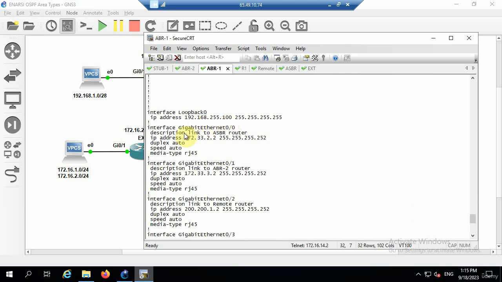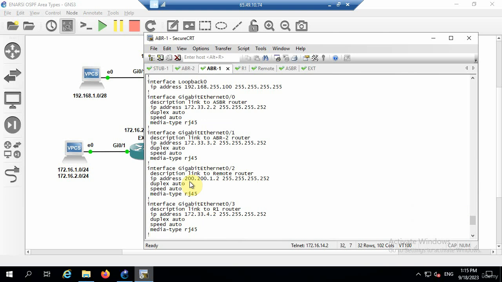192.168.255.100. I've also got the link to the ASBR router, and there's the WAN subnet for that. Then the link to the ABR2 router, and that's area 0. And the link to the remote router, that would be the totally stubby, and it's using 200.201.2. So it's using a 255.255.255.252 subnet mask for that WAN link. Then the link to R1, that's a normal area. That's just the WAN connected subnet there,